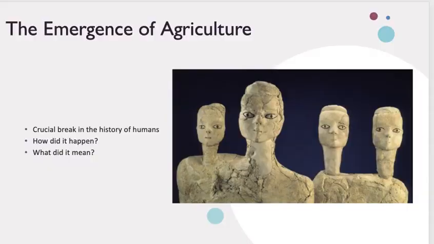Now, the last thing I want to look at before I end this video is the emergence of agriculture. The development of agriculture was a crucial break in the history of humankind. People began to plant seeds in specific locations and raised tame animals that could help them in their harvest. Only when a community has committed to both of these does it become an agricultural society. For example, some groups practice cultivation but not agriculture. This is where they plant seeds and come harvest them in the fall,